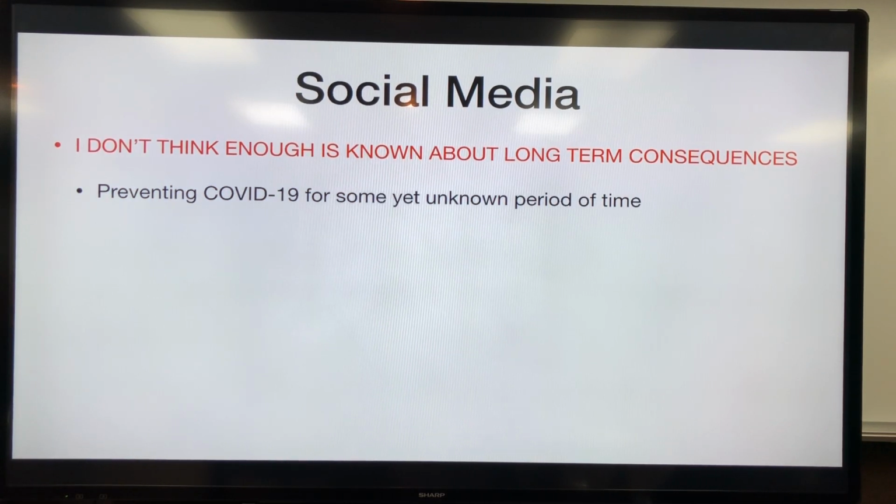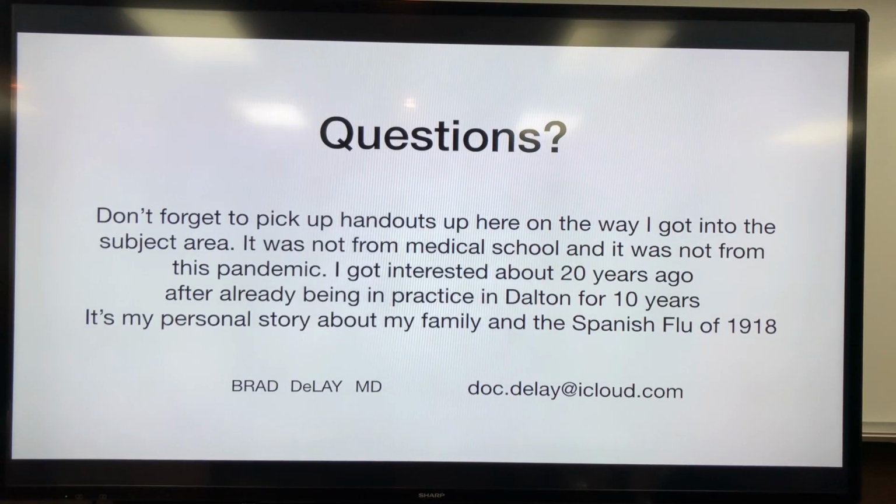And then I've read a lot about, I don't think enough is known about the long-term consequences. There's nothing long-term. The only long-term consequence I have a question about is how long the immunity will last, because the ingredients, that little soap bubble, that little bit of RNA, is actually broken down within days. That correlates to the symptoms you have, and there's nothing in it that stays in your body forever. It's just the immunity, we hope, stays in there a long time. And that is it.